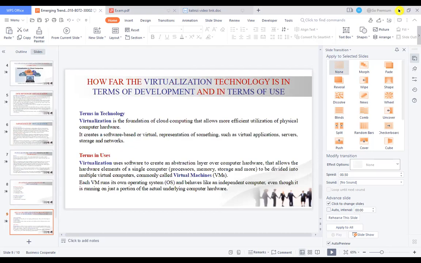Here is how far the virtualization technology is in terms of development and in use. Virtualization technology is the foundation of cloud computing that allows more efficient utilization of physical computer hardware. It creates a software-based virtual representation of something such as a virtual application server, storage and network. So the technology used under virtualization is just to compile everything and make them more efficient for a user or for a customer.